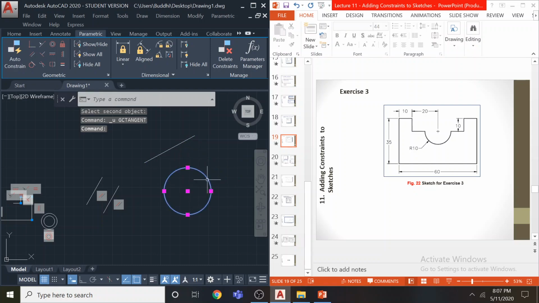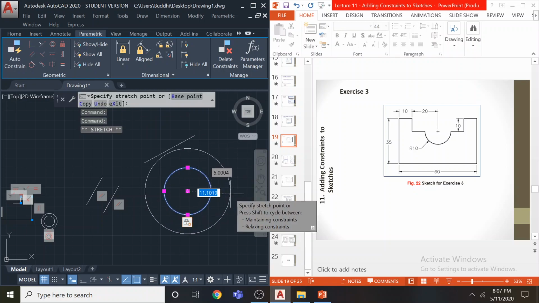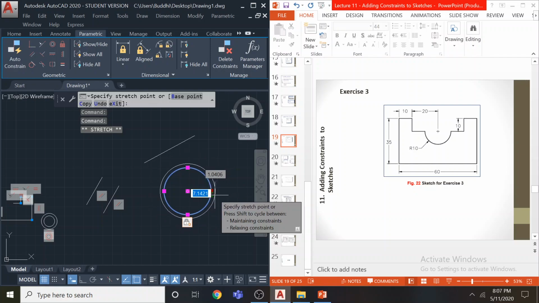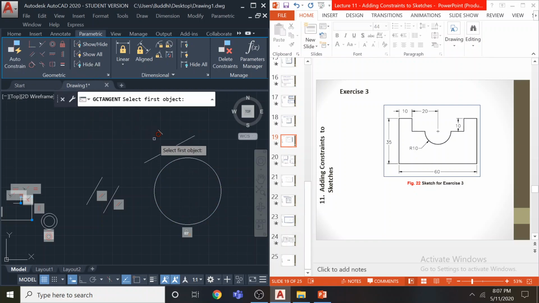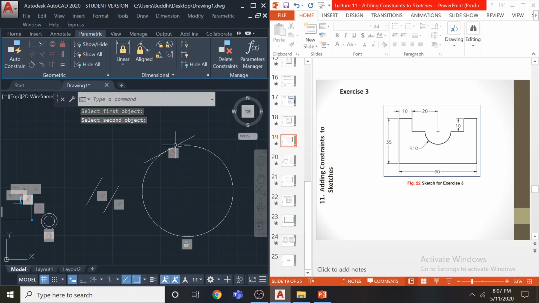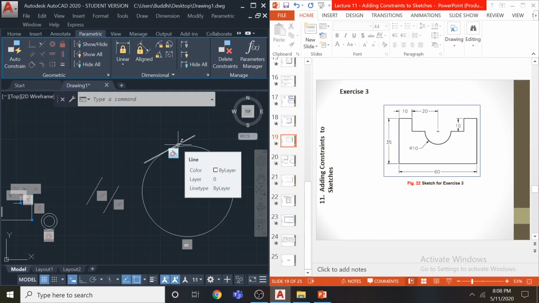If you fix this circle, now the circle is fixed. What is the meaning of that? It can change the diameter, but it can't move. Now if you try to apply the tangency, the parent should not move, the child should move. So only the child radius will move. Earlier the center moved, so I hope you can rewind the drawing and see the video and see what happened